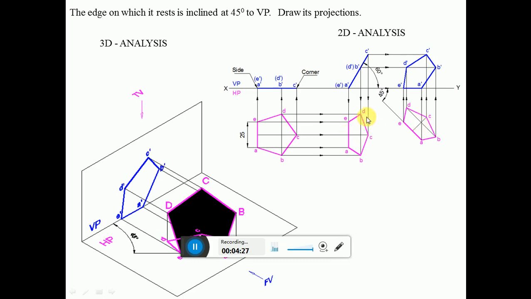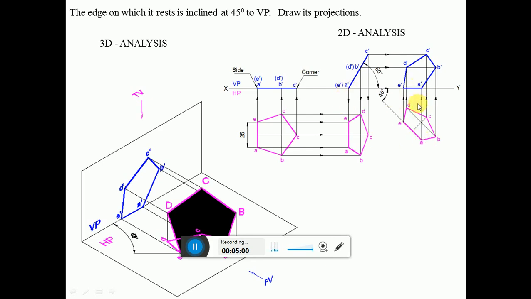And this line is perpendicular to this, so obviously this line has to be perpendicular. So through this point by using the protractor you measure an angle of 90 degrees with respect to this inclined line. And then draw a line and extend on either side. Then measure the length from this point to D, and from here you cut an arc by using the compass. Similarly on this side to get the point B. Then join A to B, B to C, C to D, D to E, and E to A to get the pentagon.